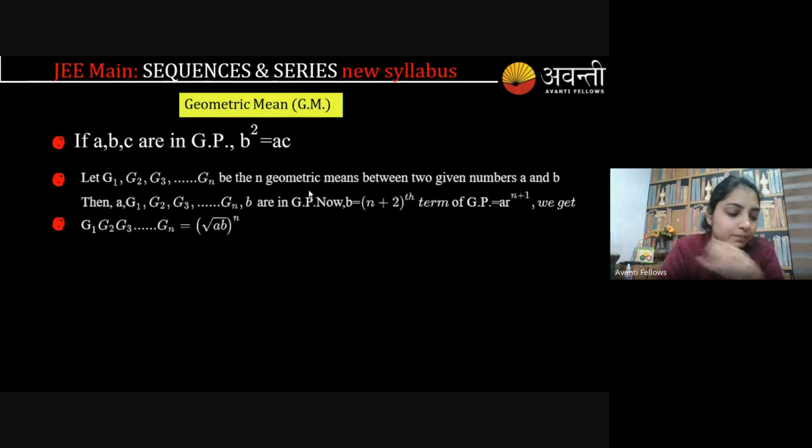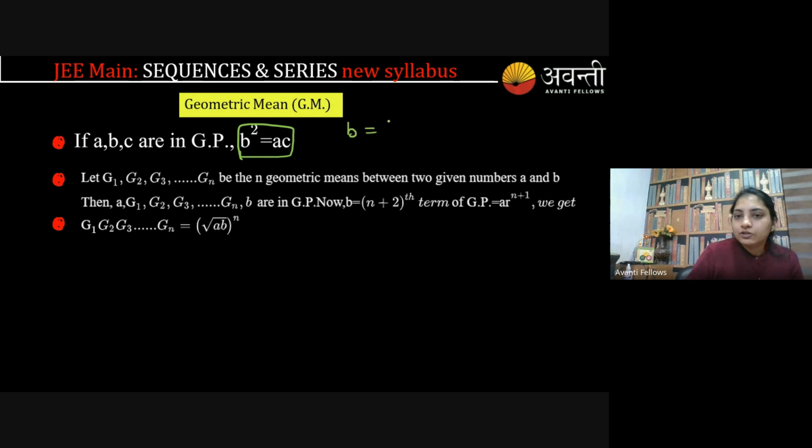देखिए, now next topic is geometric mean. When 3 numbers are in GP, it means B square is equal to AC, and B will be the geometric mean. अगर 3 नंबर्स जीपी में हैं तो बी स्क्वायर एसी के बराबर होगा, तो मेरा ज्योमेट्रिक मीन बी किसके बराबर होगा? रूट एसी के बराबर होगा।